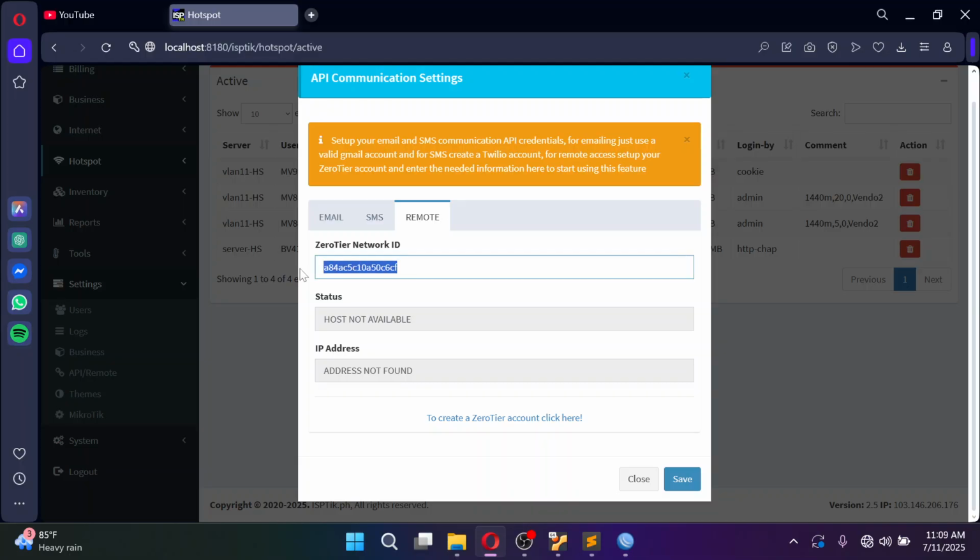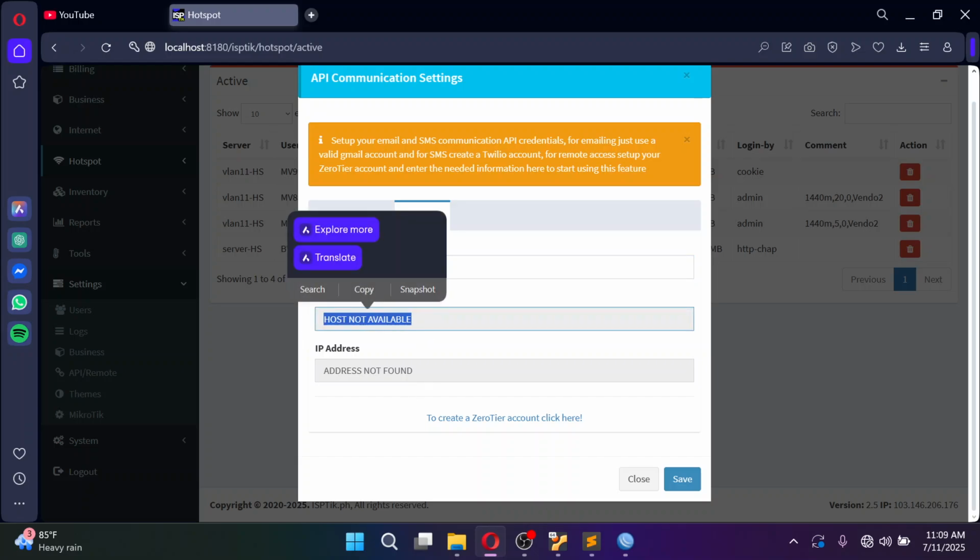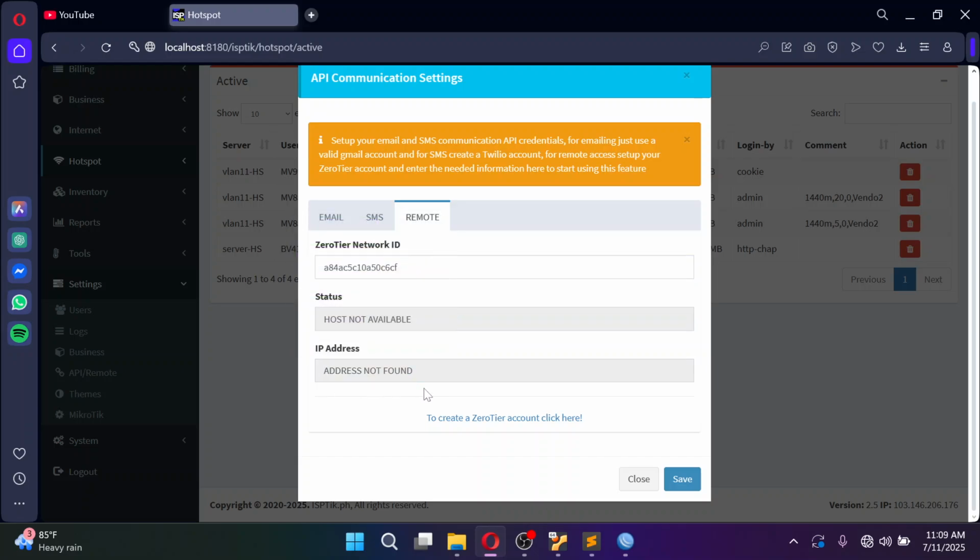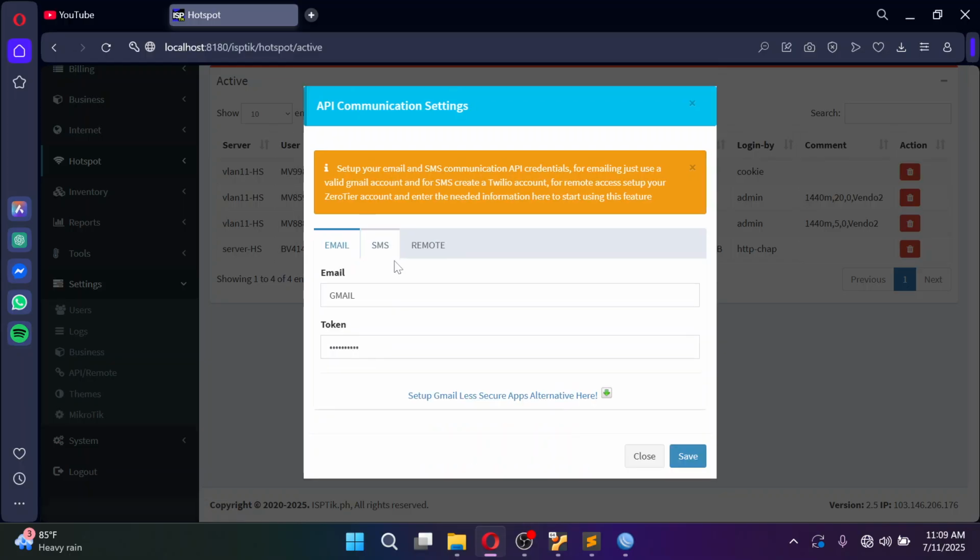And then for your remote, just create a ZeroTier account and then paste the network ID and click save. Once authorized from your ZeroTier console, it will display the status and obtain an IP address. Okay, so basically that's it.